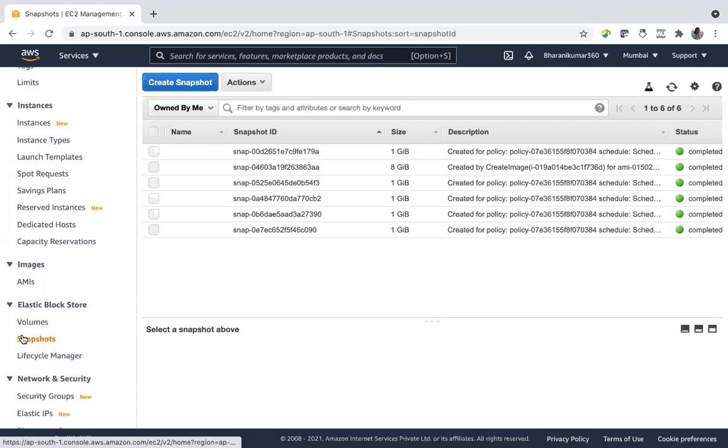Do you need to start them from scratch? That means again starting an EC2 instance, launching it, installing your microservices, and then copying or again doing the scripting, HTML pages. Do you need to do everything from scratch for every server? No. You have the option of taking a copy. Yes, you can take a copy of your volumes as well as instances. That is snapshots.